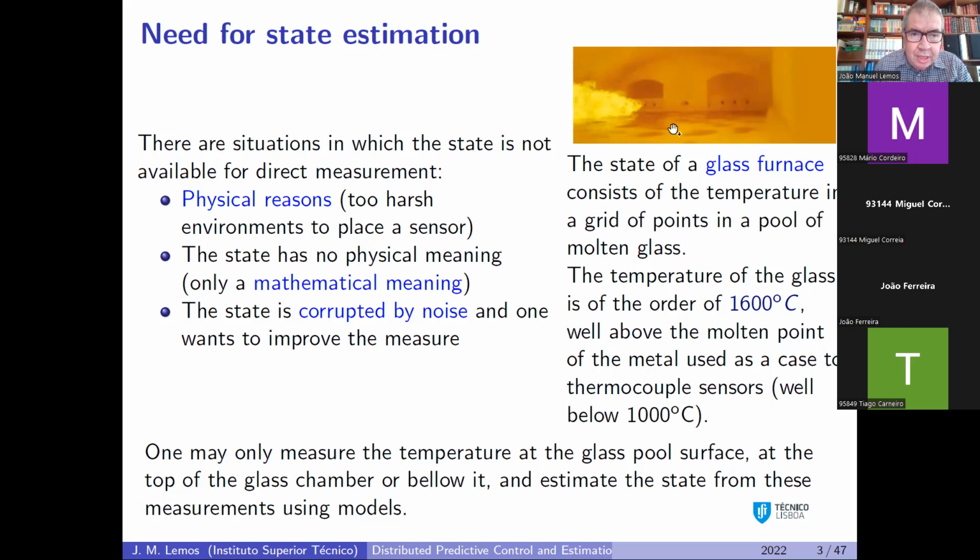And you see that there is a flame, okay? You see here on the left, there is a flame. So they are burning some fuel here, can be gas or can be a liquid fuel. And also injecting some air. And so this flame is producing heat that melts the